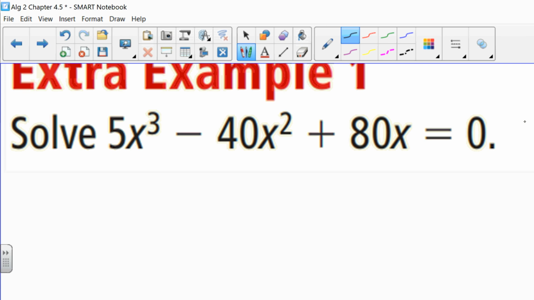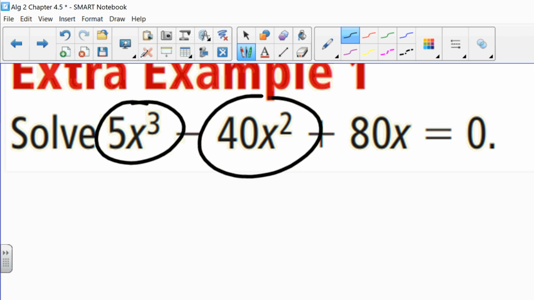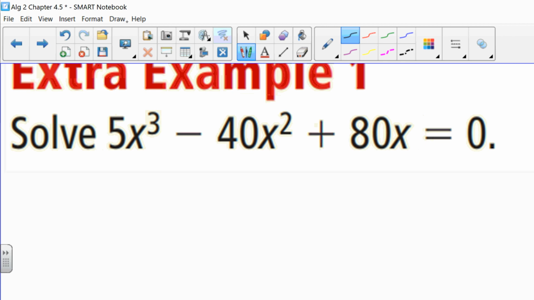0, because if I plug 0 into 5x cubed, what's it going to become? How about negative 40x squared? 80x. Because do I have a constant term? Do I have a number without x? No, so if there are no constant terms, most likely x equals 0 should be a solution. Well, we can check it with